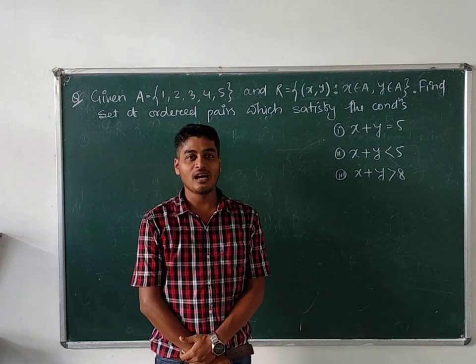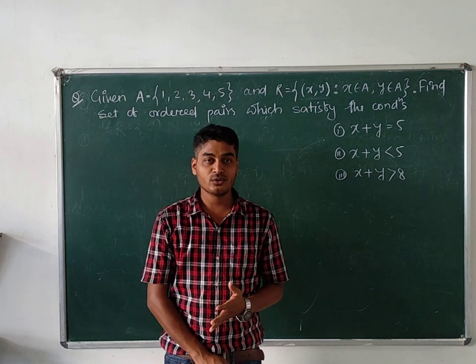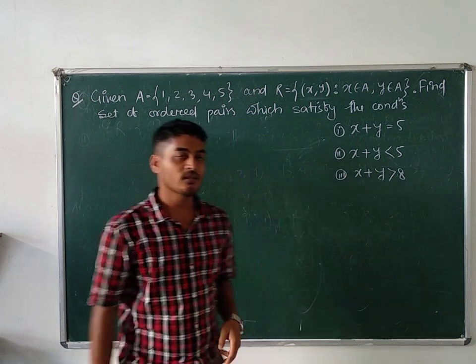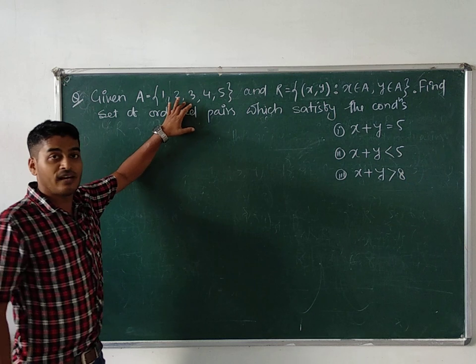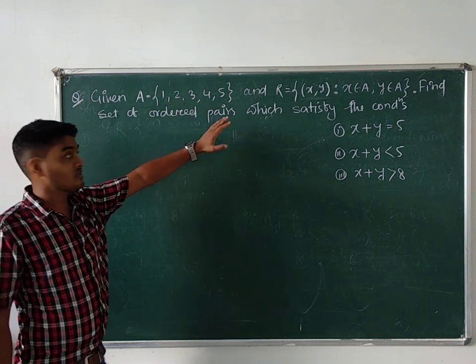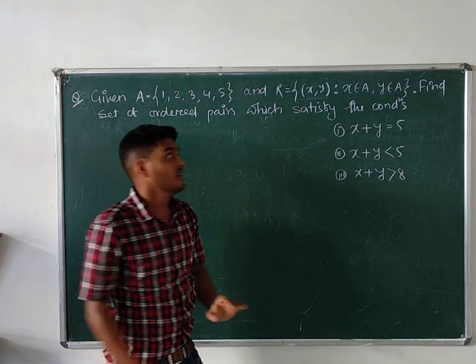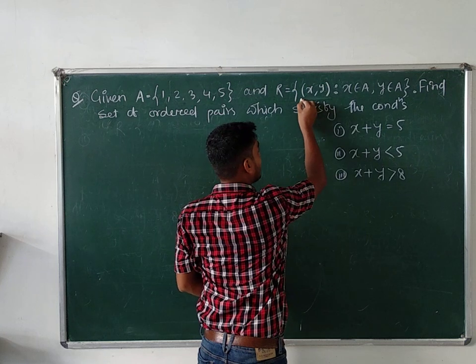Here in this lecture, I will try to explain one question related to your relation chapter. The question is this one. A set A is there which contains exactly 5 elements: 1, 2, 3, 4, 5. And R is another set, because R is written in the set form. That's why I am saying that R is the set which contains elements where the elements are in the